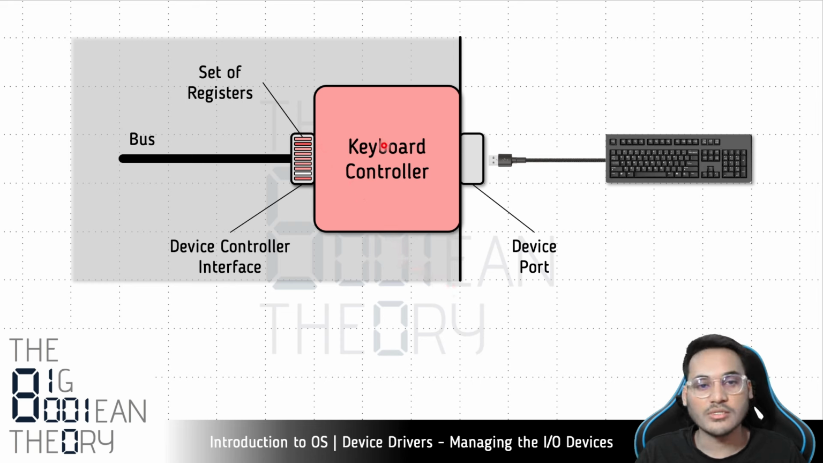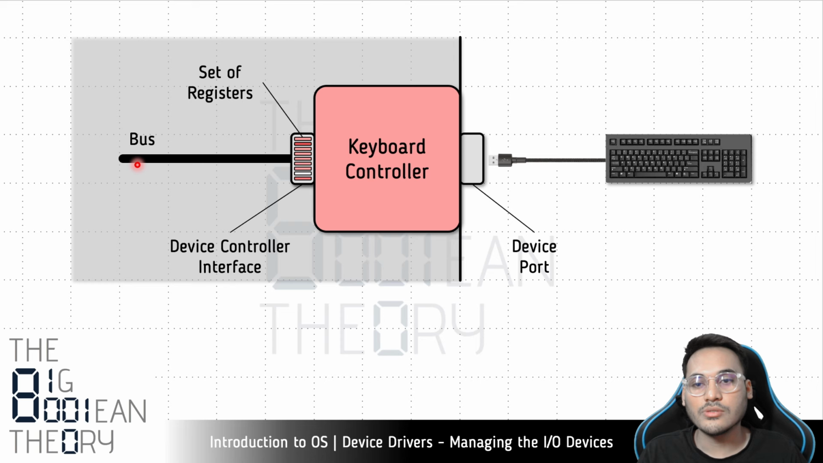Now there are two connections. The first connection is where the device connects with the device controller. So this is called the device port. So as you can see, there is a wire leading out from the keyboard, and this is a USB cable, and this will plug into the device port, right? This will be a USB port. So this is where the device will connect with the controller, and the other connection is internal inside the computer